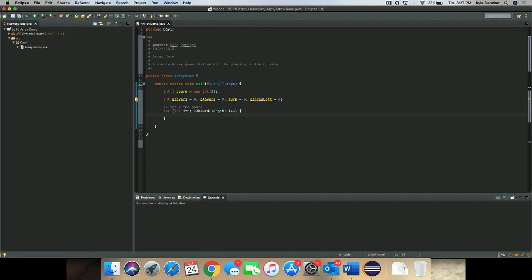So we're going to come here and say board length, and then we're going to do board[i]. So board[i] is how you're going to reference each well. If we actually do board[0], this would be the first one, and it will go from 0 to 4. Now, I know you've seen arrays before and other things, but we just want to try to be able to use them in a more dynamic way today. So we're going to be taking a look here at board, and we're going to create a